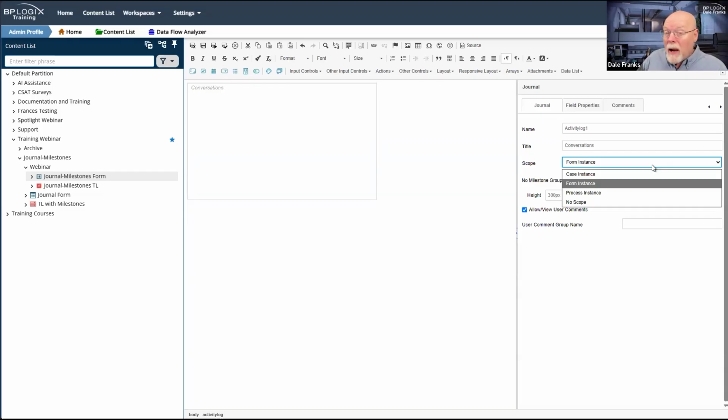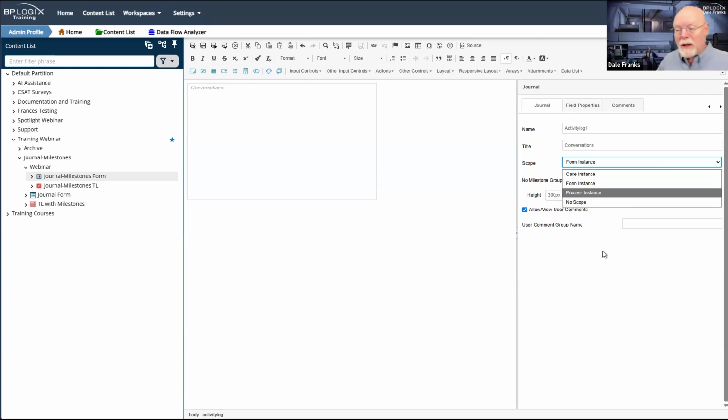So now that we have these milestone groups and we can place them in our form or in our process timeline, on a journal control, we have to decide how wide the scope we're going to set for what milestones we can display in that particular journal control. By default, it is set to form instance.